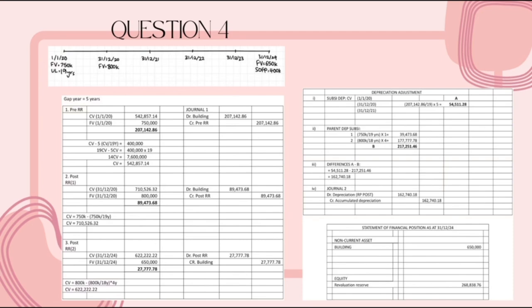FB has already been given, which is 800,000, but the CV isn't, so we need to calculate. So to calculate it is 750,000 minus 750,000 divided by 19 years, and we will get the amount of CV 710,526.32. And after minusing it with the FB, we will get the post RR 89,473.68. In the journal, it will be debit building 89,473.68 and credit post RR